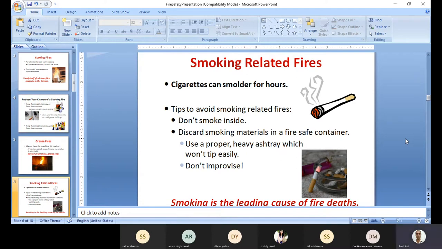Okay, now coming to the buildings. One thing which I addressed earlier: in a commercial establishment like an academic institution, buildings there, smoking is totally prohibited. No one can smoke here. Anyone who wants to smoke has to leave the building and go out. Similarly, other types of buildings, like commercial installations, shopping malls,